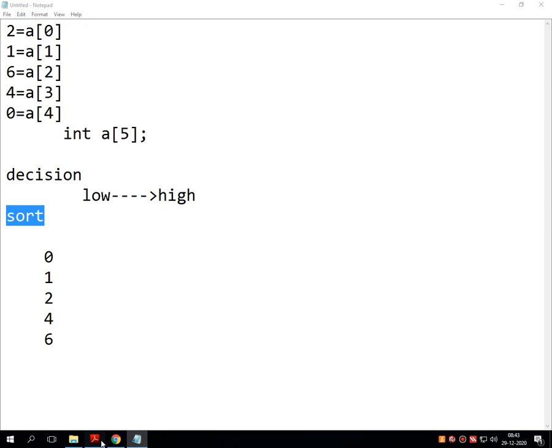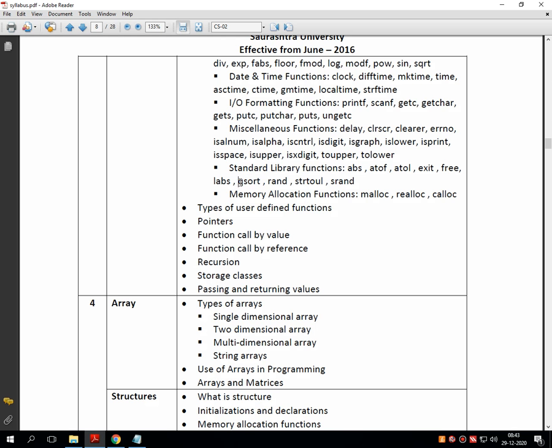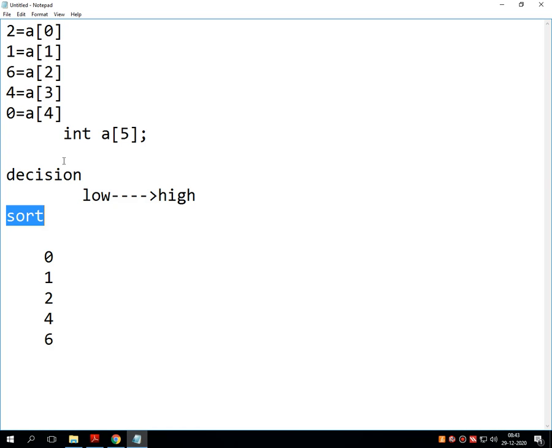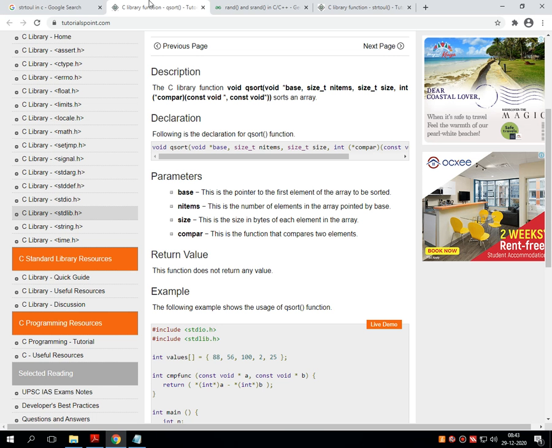This can be easily done in C by just using the function called qsort. I know in our subject, or we can say in our field, there are various other types of sorting techniques, which we are going to discuss in semester number 2, but this is the generalized technique used by programming in C, that can be easily done using the function called qsort,